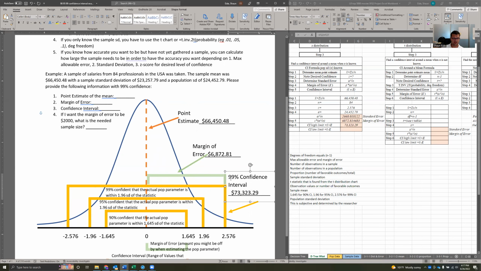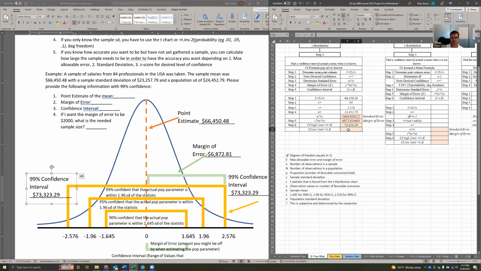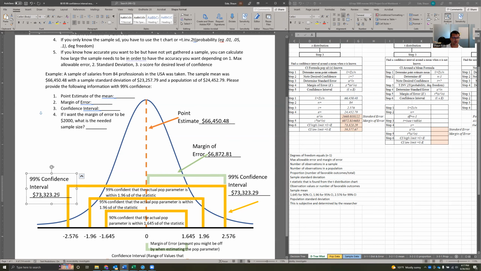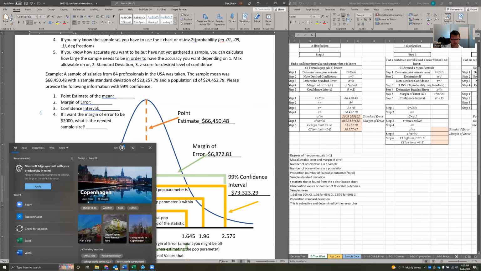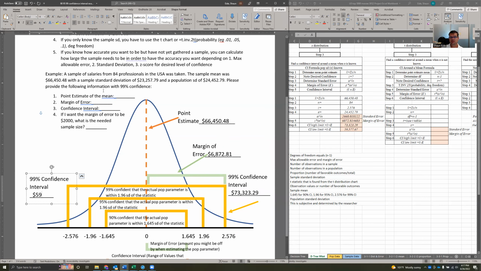Okay, and then we'll do it on the other side as well. So for the lower, we're going to do equals 66,450 minus that right there. And so we've got 59,577.67. So I am 99% confident that the actual population mean is between the values of